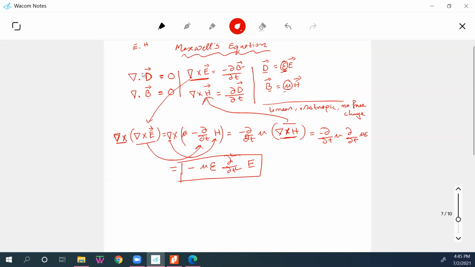Now we know from the vector identity, this is a function. This is a formula that if you do this one, for example, this is A, then the derivation of this formula is in the appendix at the end of this book. So I'm not going into the derivation. This is the formula. It's called the vector identity formula. This equals these two terms.